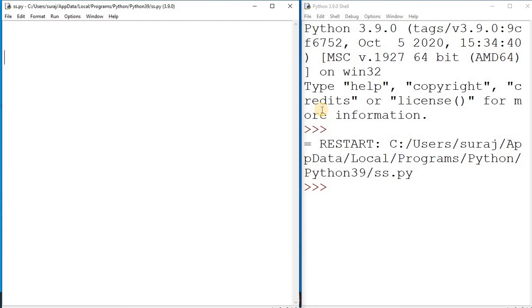So here the for is also a looping statement. In the last tutorial you went through the while loop. So while and for, these two kinds of looping statements are available in Python. As you understood, looping is used whenever you want to repeat some block of statements. So for repetition you have two choices, while and for loop. According to your requirement and comfort, you may go with the while or for loop.